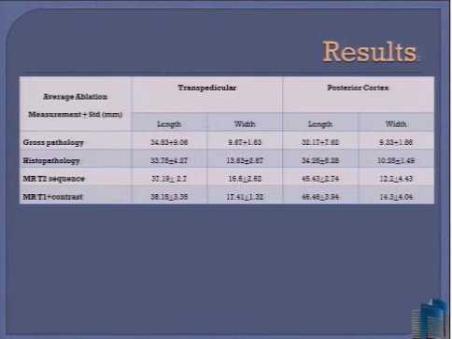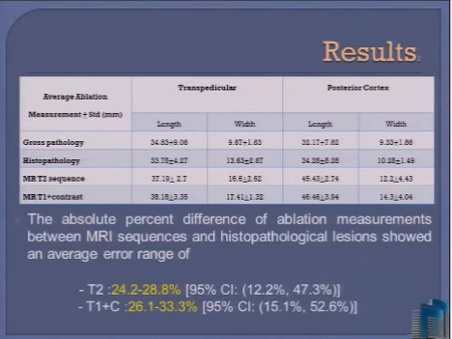This table summarizes the average ablation measurements on the gross histopathology, T2, and T1 post-contrast studies. The absolute percent difference of the ablation measurements between the MRI sequences and histopathological lesions